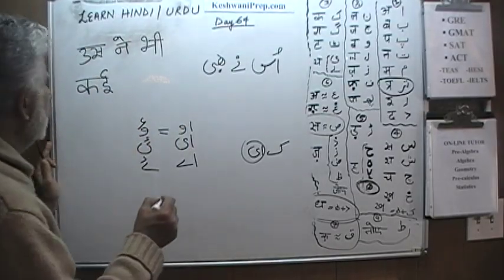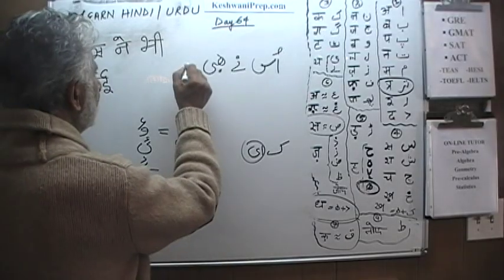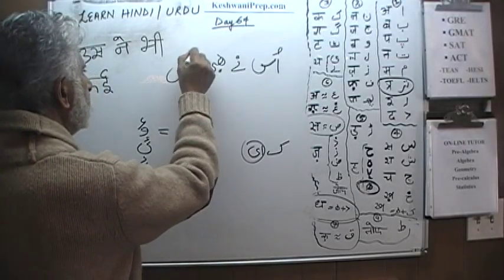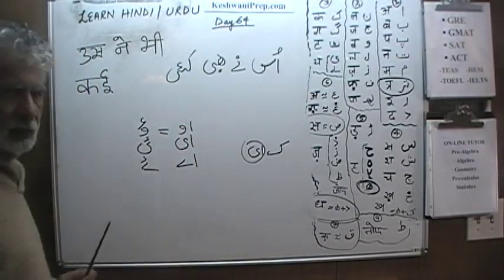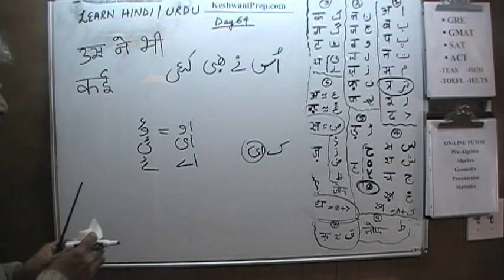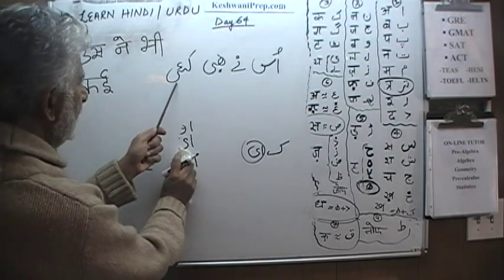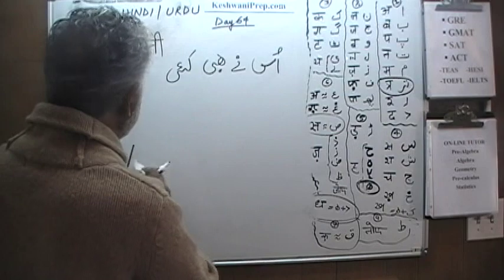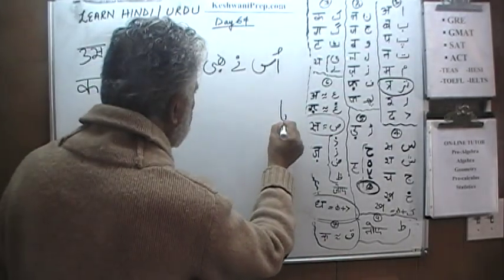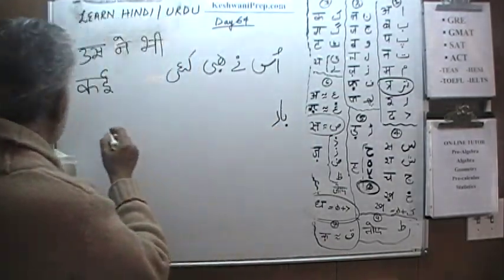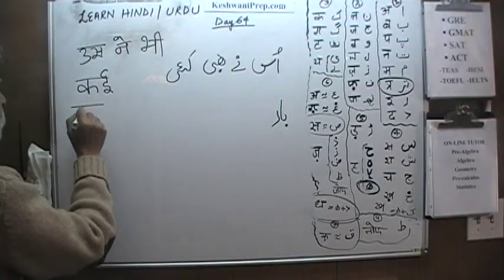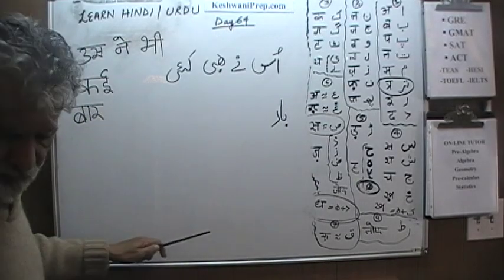Usne bhi kai, right here. उसने भी कई, that's what that is, k and e. उसने भी कई बार, bar is very simple. उसने भी कई बार